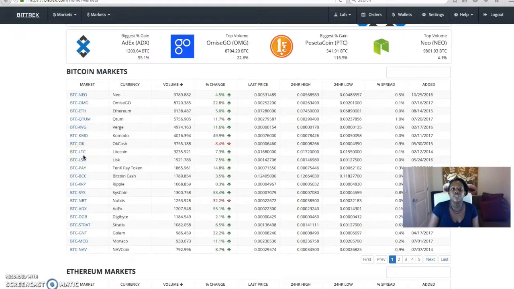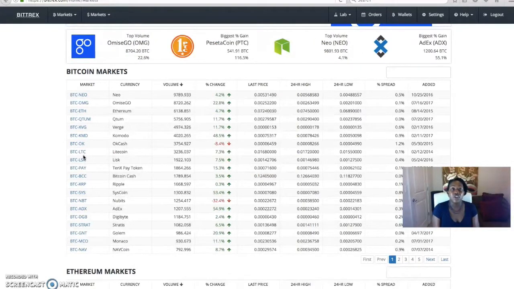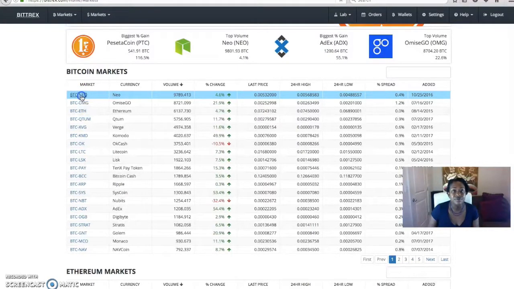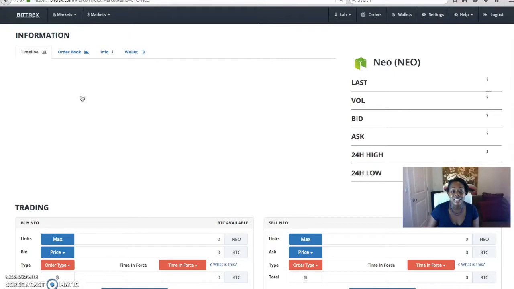So that means that I've transferred Bitcoin into my account, meaning you've looked at the YouTube video and you know how to transfer funds from your Coinbase account to your Bittrex account, and you have Bitcoin sitting in your Bittrex account. You can then use it to purchase these. So for example, if I wanted to buy some NEO, I'm going to click right here on the Bitcoin to NEO,